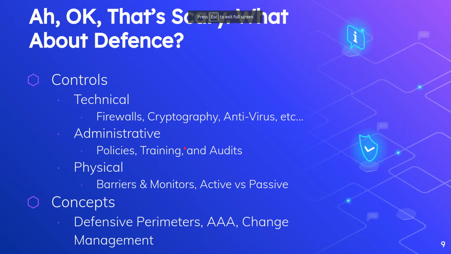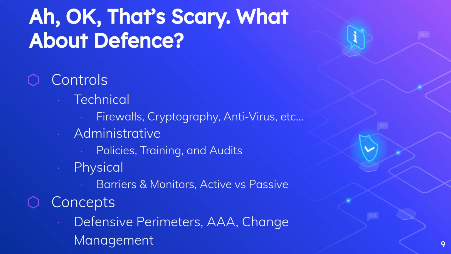So what do we have as far as controls to help defend us? How are we going to defend from this? Well, we divide them up into 3 categories. We have technical controls. These are the toys. This is the stuff we over-rely on. You can buy a firewall, but if it's misconfigured or your company's just not secure anyway, it doesn't really matter. So we cannot over-rely on this stuff. We think that's the solution. It's the panacea. That's not always what it is. But those are the technical controls.